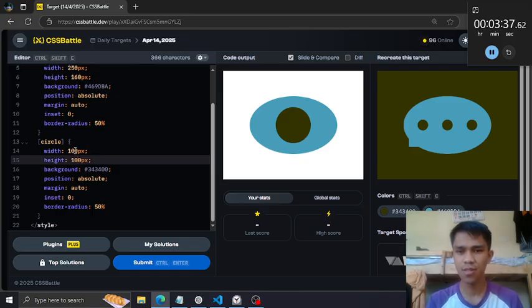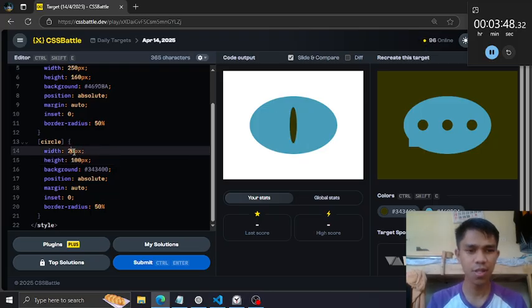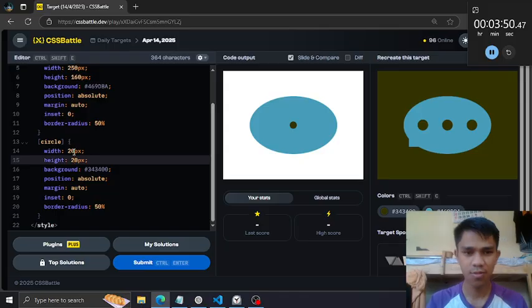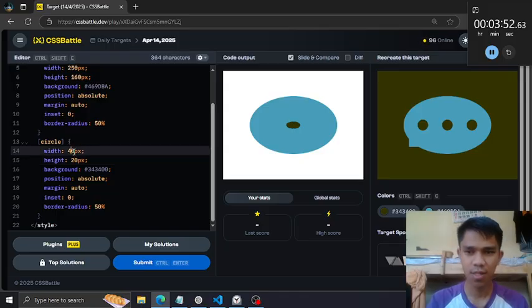What you notice here is that our circle is too big for the original, so we need to decrease the size. Maybe around 20 pixels. That's too little. 40. Let's try 35.